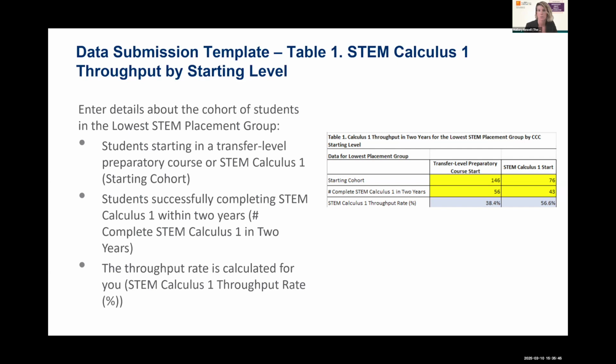So your STEM Calculus 1 throughput rate for those students who started in transfer level prep course for which it was recommended to them. And then of those students over 2 years, how many completed STEM Calculus 1? Okay, so that's your first and your second entry. Your third entry is calculated for you. Now let's unpack throughput a little bit in our next slide,